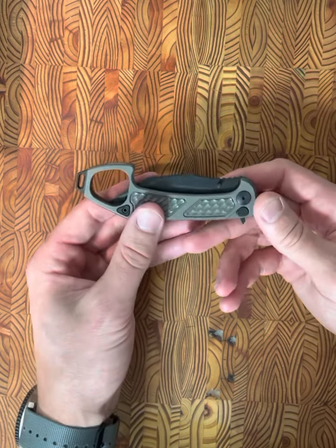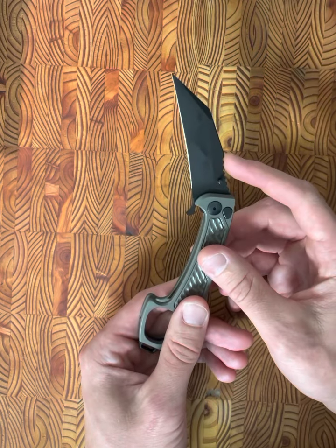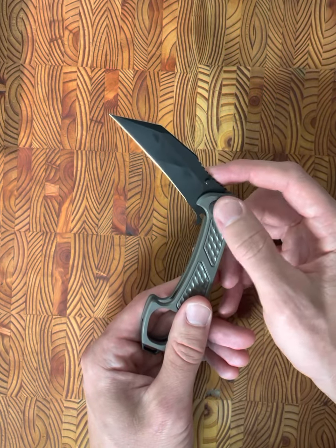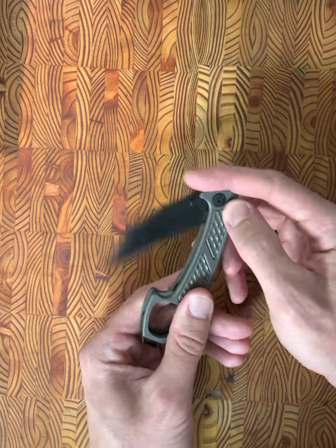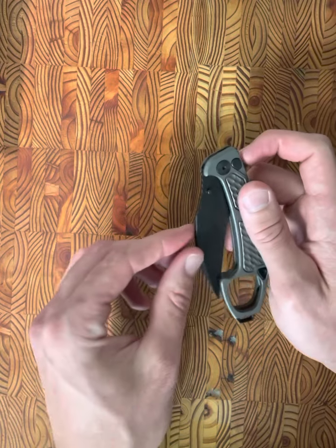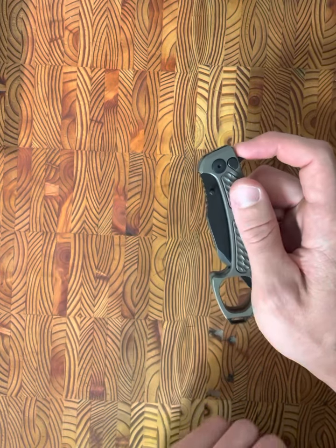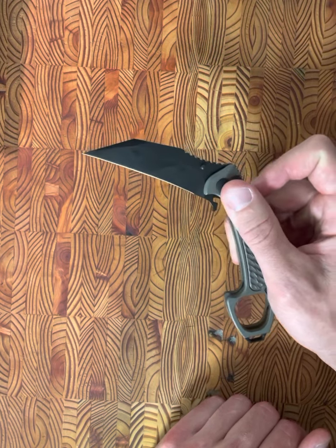Cover this really quick. So the interesting thing for me with this knife, which is not like any other knife that I own, is this pivot. It actually spins on the outside. I don't know if you can see it, but sometimes if you go to fire this and you're getting, oh geez, yeah, see, almost cut myself. Sometimes if you're getting lazy with it and your thumb sits on this, it's not going to fire,